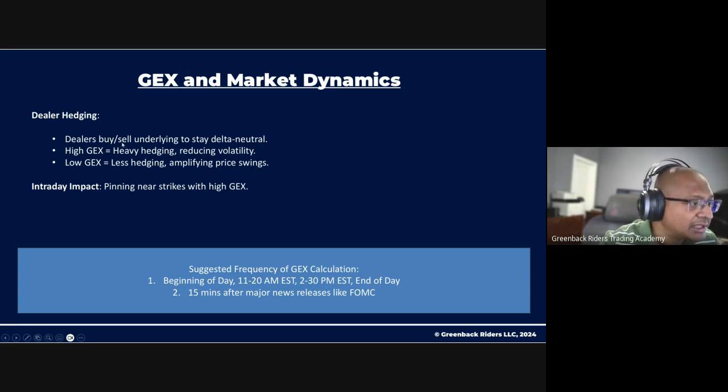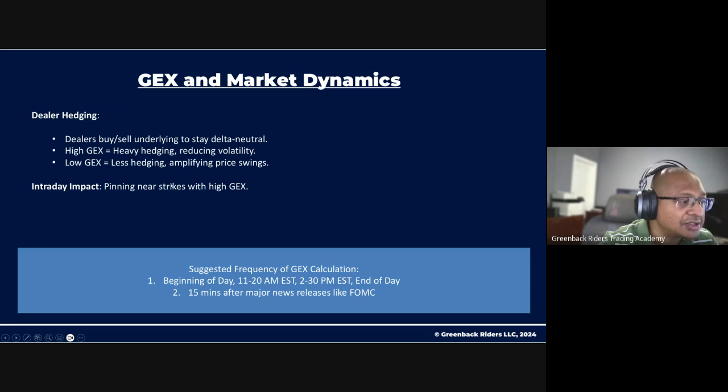Again, in a high GEX environment, heavy hedging reduces volatility. In a low GEX environment, there is less hedging, amplifying price swings. That is why when you are in a low gamma environment, you get strong moves, 30-40 points without any pullbacks. Intraday impact,